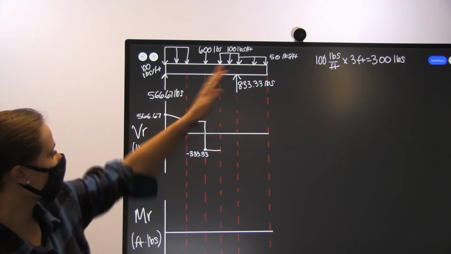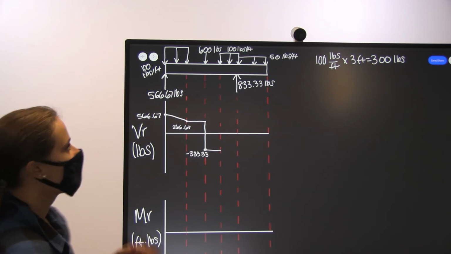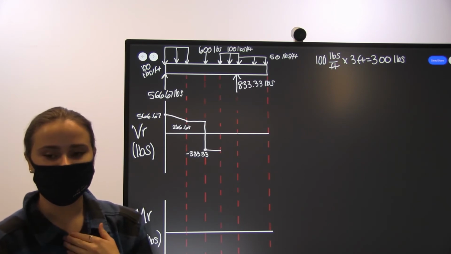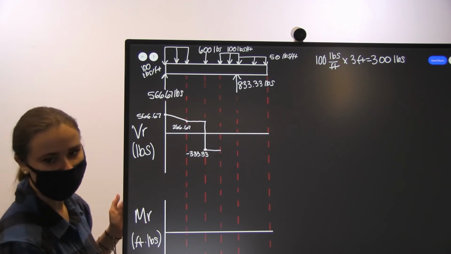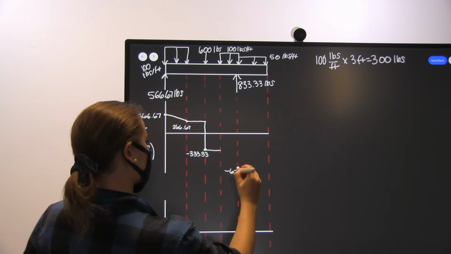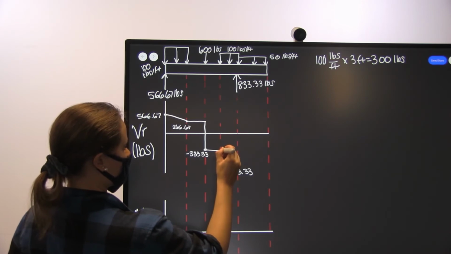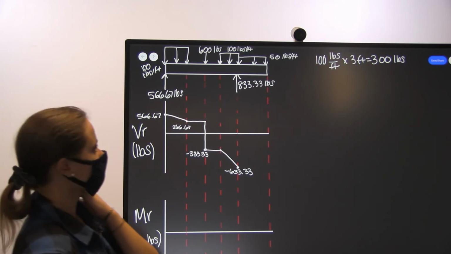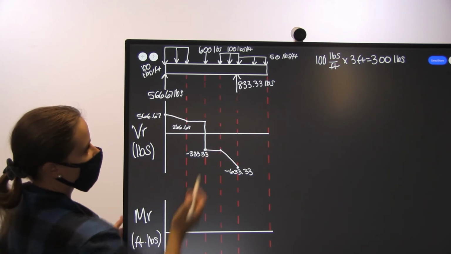At that point, we have this distributed load, and that's also spanning over 3 feet, so it's the same thing that we did before. 100 times 3 feet is 300 pounds, and it's downward, so it's negative, so we're going to subtract 300 from 333.33. That's going to give us negative 633.33 pounds, and that's going to be connected with a line. That's linear. And then from there, we don't have any more forces acting until right here, our 833.33